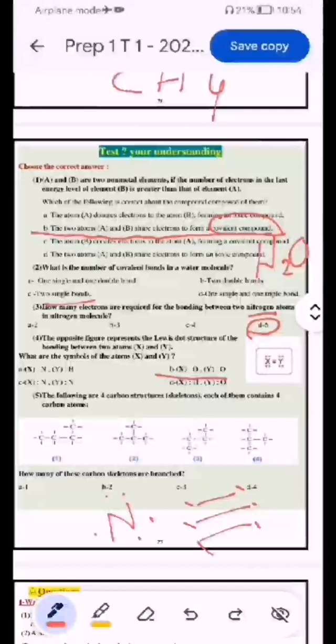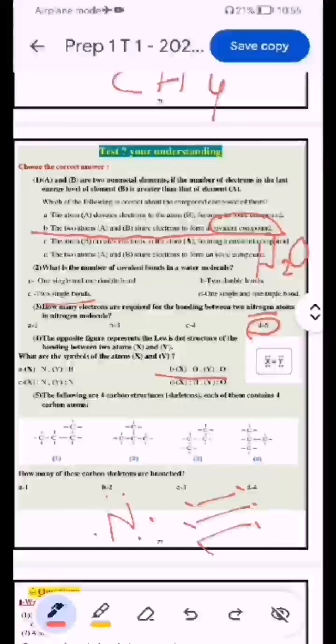Option A says X is nitrogen and Y is hydrogen. But it is false because the two elements do not have the same number of electrons. Nitrogen contains 5 electrons in the outermost level and hydrogen contains 1 electron in the outermost level. And option C is false also because it says X is nitrogen and Y is nitrogen, and we said nitrogen has a triple covalent bond, not 2 covalent bonds, so it is false